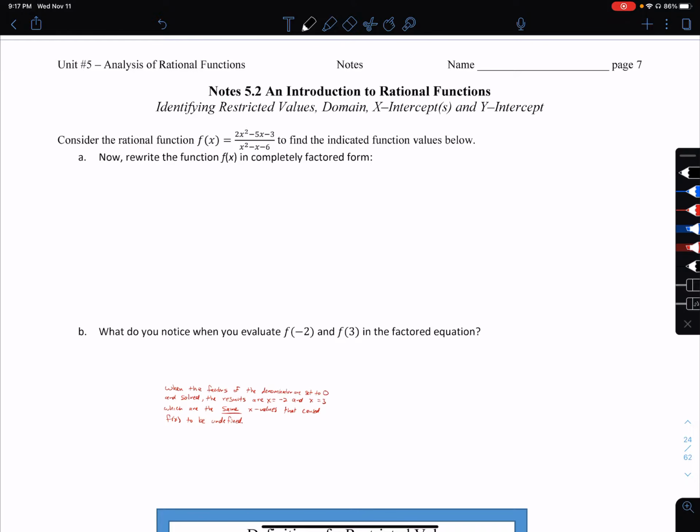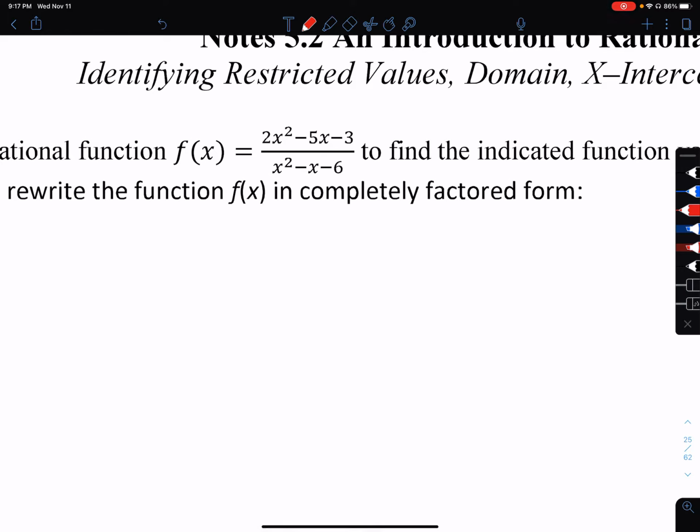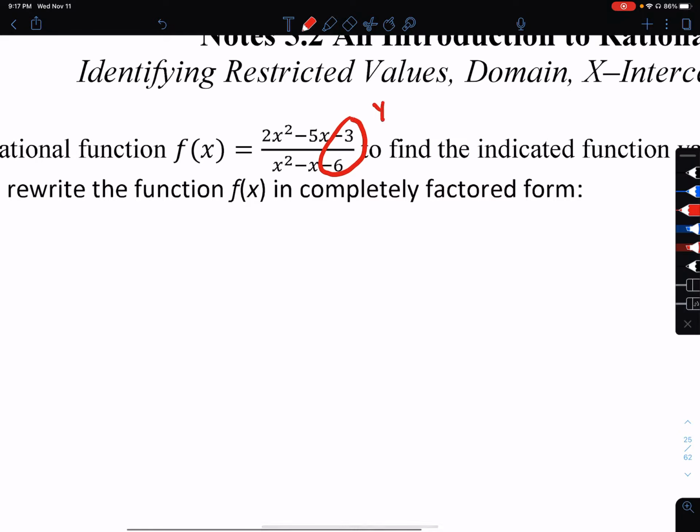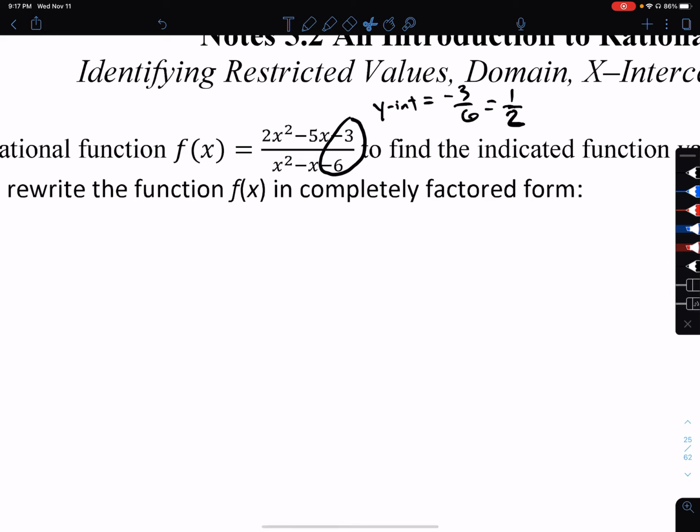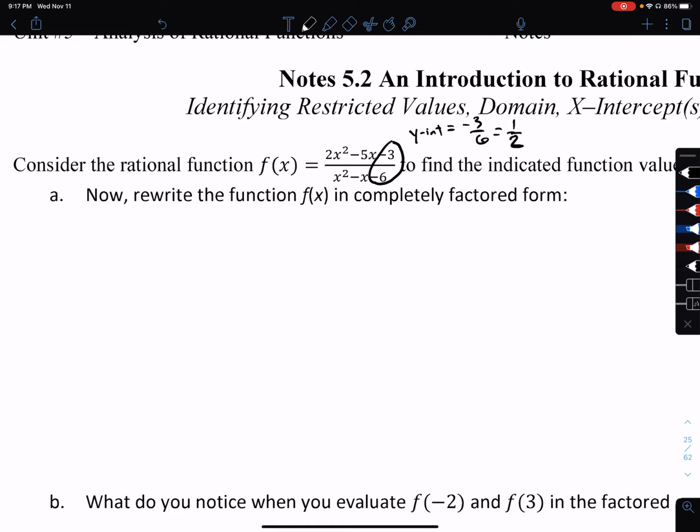So before we do that, just a quick review of something that we should know right away. We should be able to tell what the y-intercept is going to be of this function. The y-intercept is going to come from dividing the constants on the top and the bottom. I believe we've talked about that before. So the y-intercept is going to be -3 over -6, which reduces to a half. So it's important to note, if we haven't noted this before, you can find the y-intercept by taking the constant in the numerator and dividing it by the constant in the